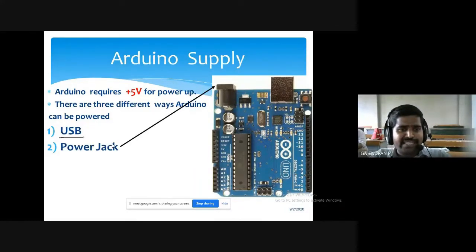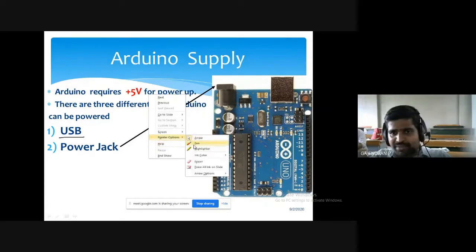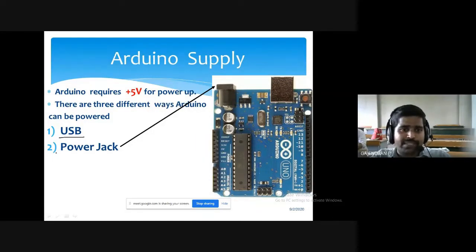Then the next one, the power jack. Where are we using the power jack? Can anyone type it in the chat box? In a mobile phone, we are using a power jack. In domestic appliances, where all are we using it? In a water purifier, in your set-top box, if you go and check, you have a power jack. Using the power jack, if you connect the male connector of this adapter, it will give power to